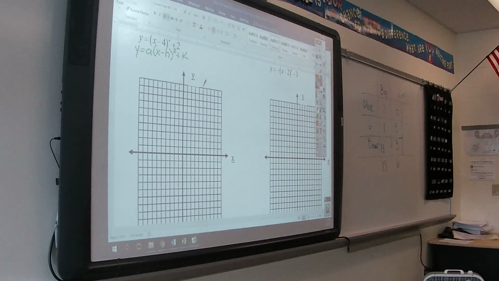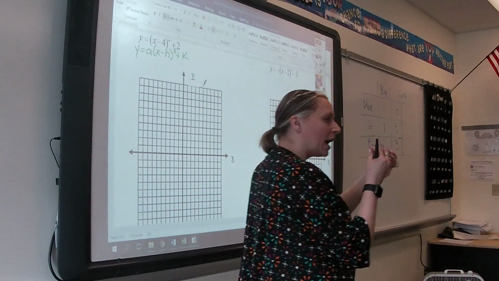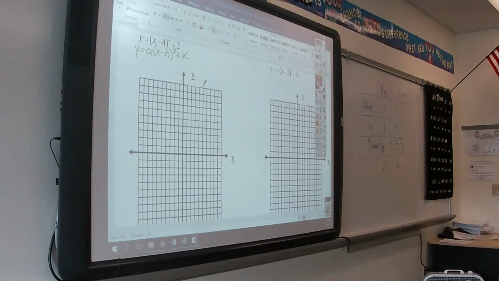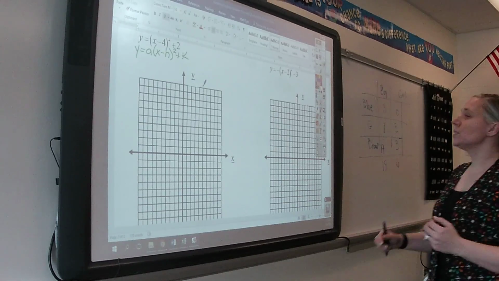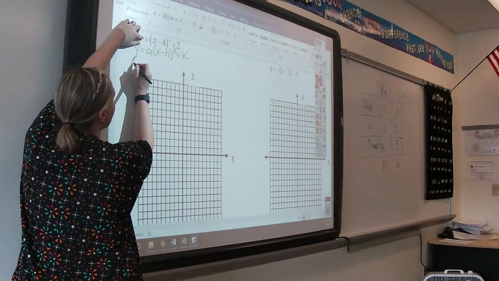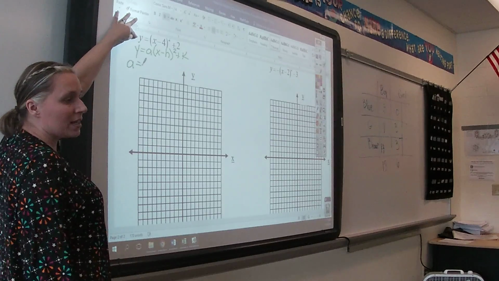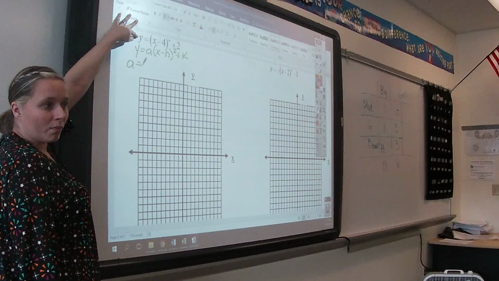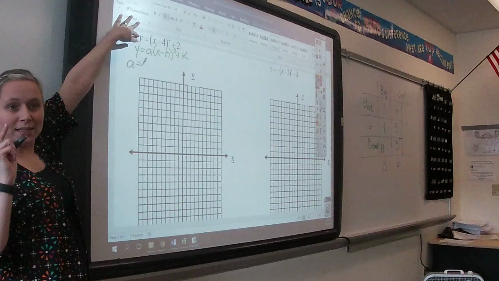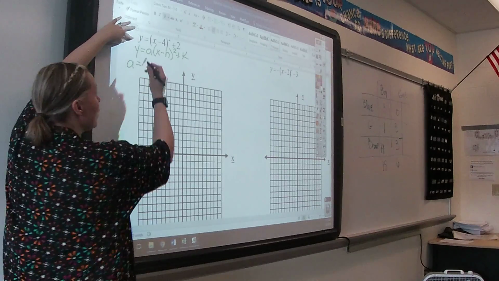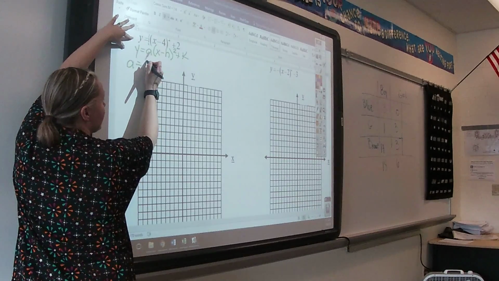So when we go to graph this, we are going to look at the problem that's given to us. And just like we did with slope-intercept form or point-slope form, right, we're going to find those key pieces, those key letters. Okay, so what does a equal in this function that's above? Right, I see somebody, 1. There's a 1 here, we just don't see it, right? So a equals